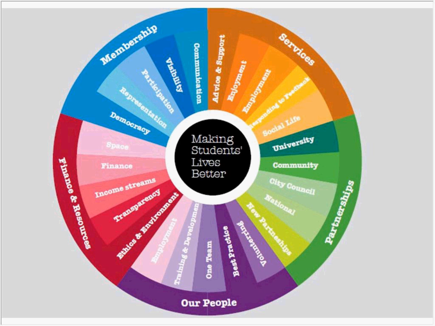Leeds Beckett, again, visually stimulating and engaging. Its vision is right at the heart of this, making student lives better. It's got a really sensible and pragmatic approach. It's got 5 priority areas, and each of those has 5 subheadings. So any stakeholder should be able to look at this and appreciate what the union is going to be campaigning on or wanting to change and achieve within the next 5 years.